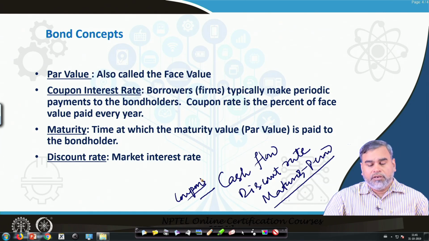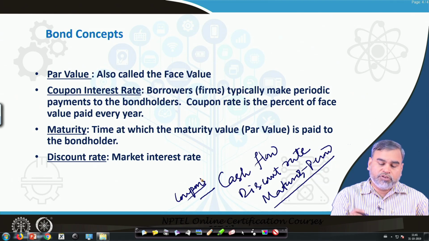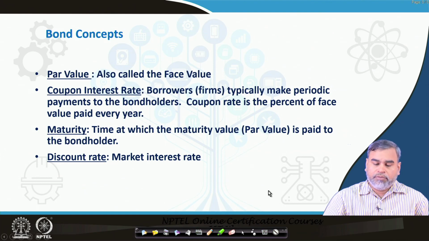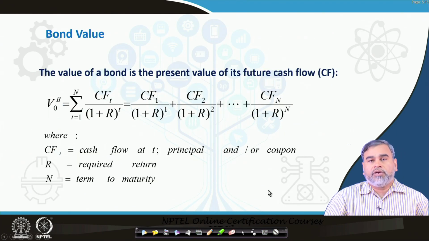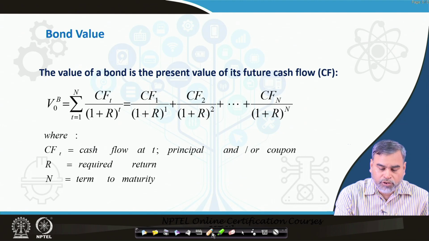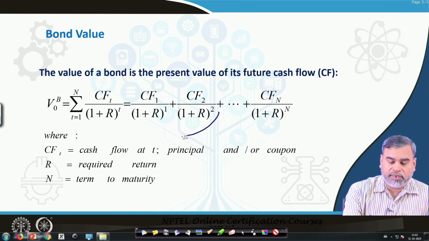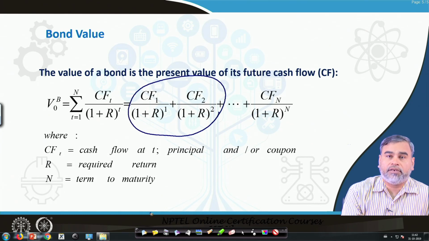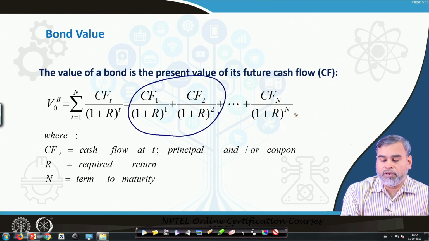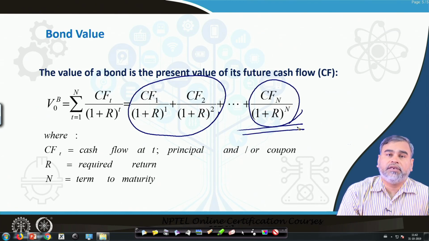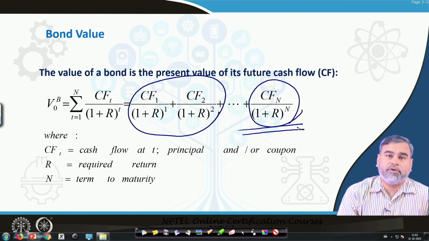So, these are the different concepts used in the valuation of the bond. Now let us see how the value can be calculated. As I told you, whenever you go for equity valuation, we are only discounting the cash flows. But whenever we go for bond valuation, we have another component, which is nothing but the face value of that particular bond. That will come at the end. Here it is written